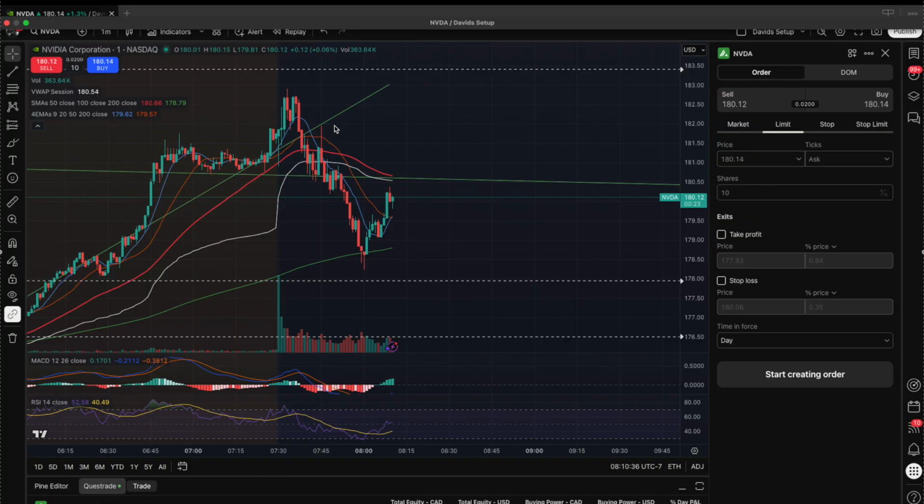So she reversed, but she bounced off this other trend line, which was the uptrend, beautifully here, which gave me really good confidence that this was going lower. So once we had this candle here where we were breaking down from the VWAP, a 1 minute close, I entered the position, either this red candle or this green candle. And when I did so, I was waiting for a 1 minute close above the 90 EMA. So we did not have a 1 minute close. We had rejection on VWAP and 90 EMA in this candle.